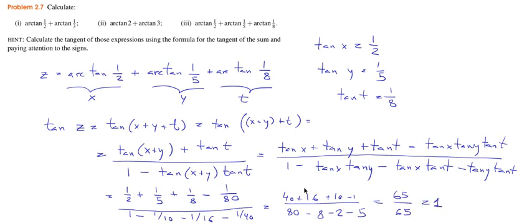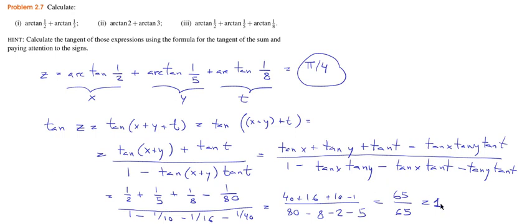So the tangent of z is 1. Z is the arctangent of 1. So again, z is pi over 4, the arctangent of this. And that is the end of the